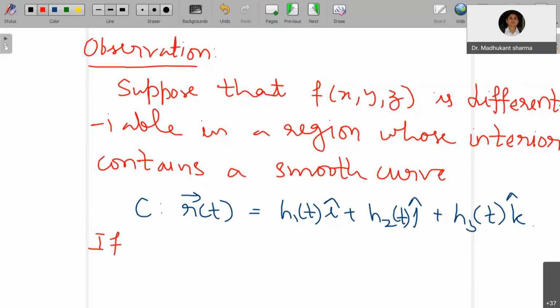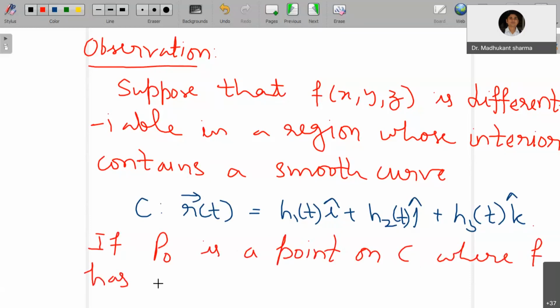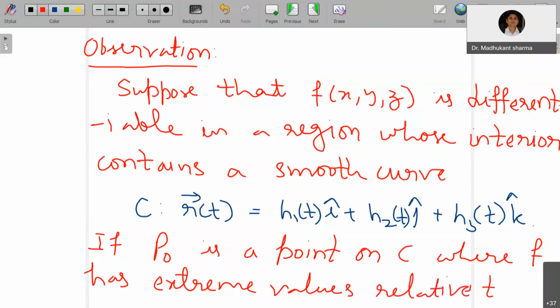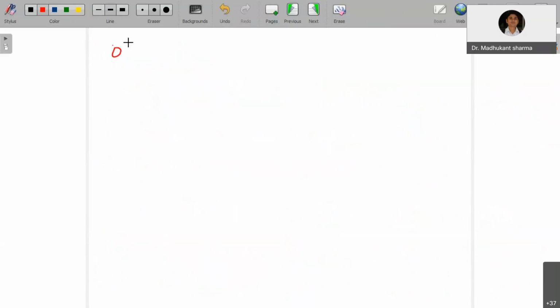So let's take P naught, a point on C, where f has extreme values, either maximum or minimum, relative to its other values on C,